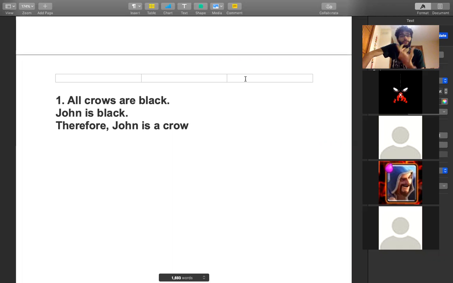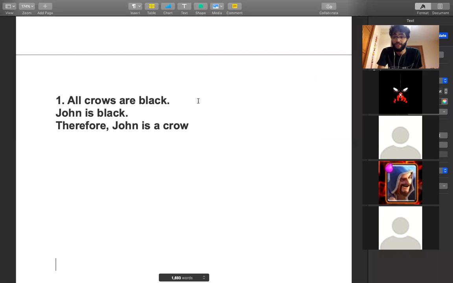All crows are black. John is black. Therefore, John is a crow. Now, at first sight, it might look correct. But if you look at it closely, you'll realize that it's an invalid argument, for the simple reason that we